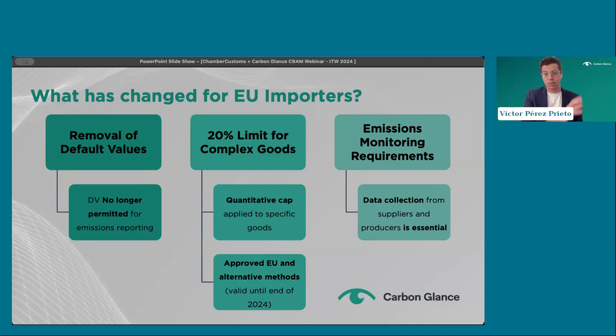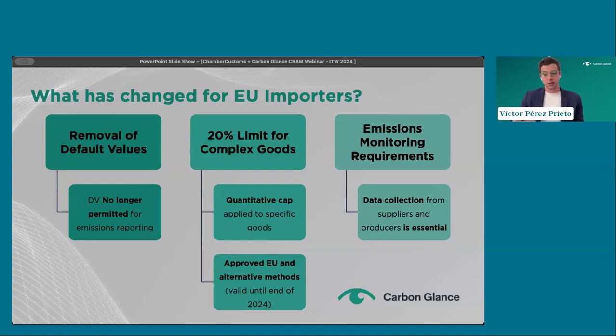So they had access to them, and they could include them in their reports. Now this changed. With the new reporting period, they have to engage with their suppliers in order to obtain the actual data, because there is no other way to do this than asking for this data from their suppliers directly, mainly from the exporters to the EU.